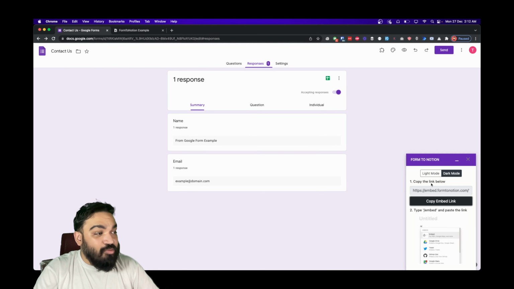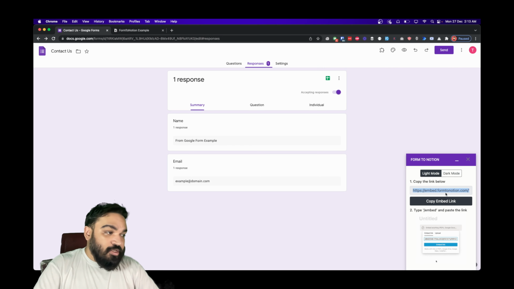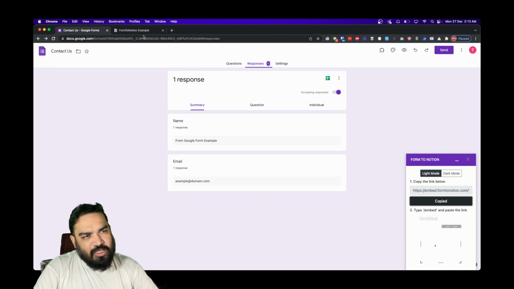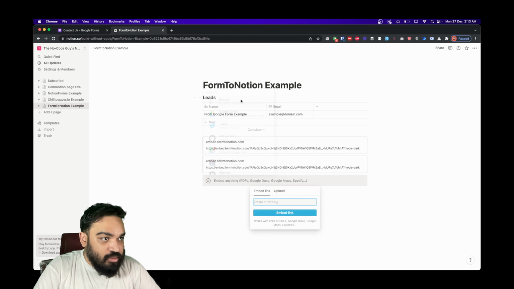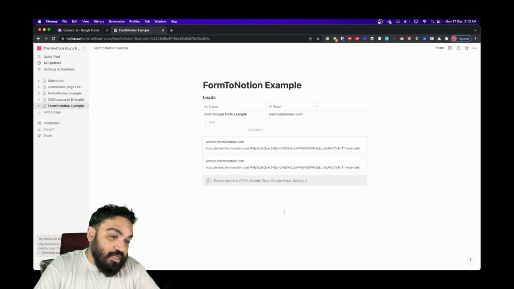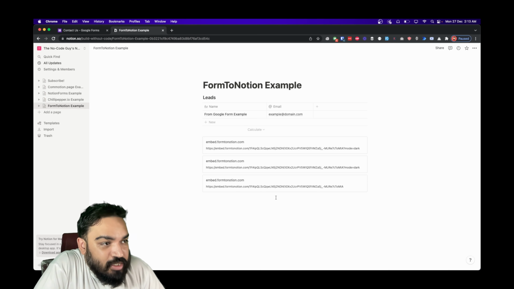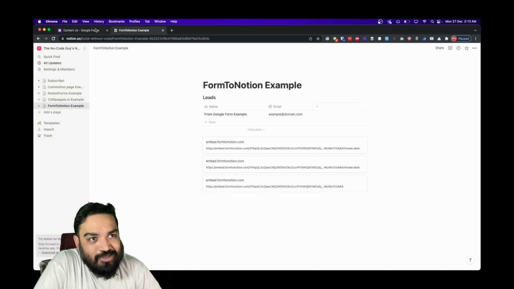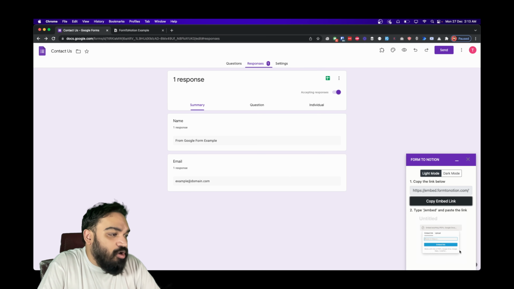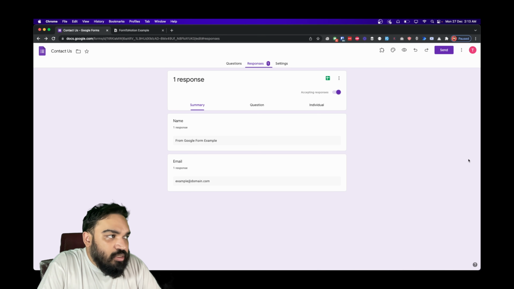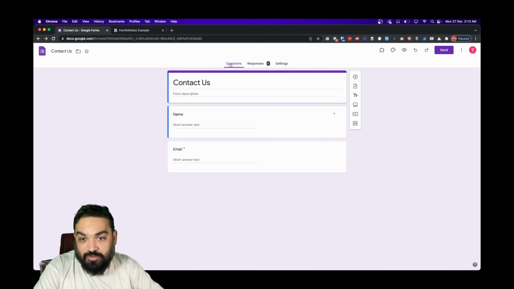So embedding is not working in this tool at the moment, as of today when I record this video on December 27th. So I'm going to try light mode one last time and see if it works. Let's see, embed, and then paste the link and see if this works. I'm guessing this will, oh wow, this also doesn't work. So embedding inside Notion is not currently working. So that's a good thing that we learned. So you're not able to embed this for now, which is sad, but you can still send your Google form data directly into Notion, which is a good thing.